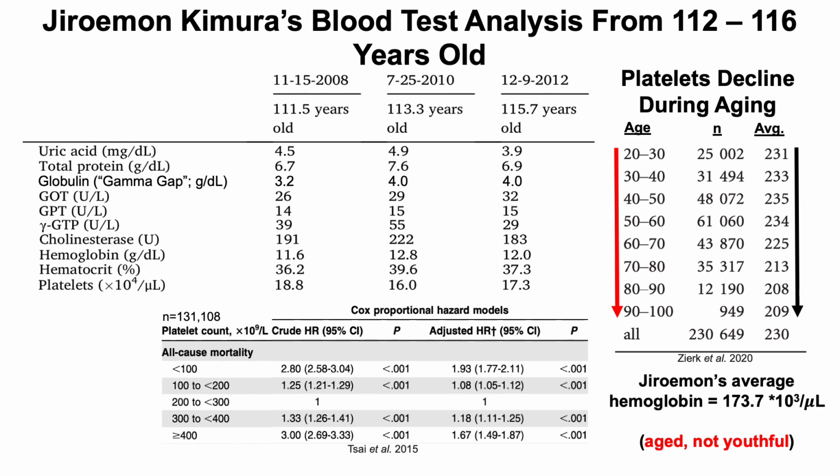All right, so let's put his platelet data into perspective for all-cause mortality risk, which is shown there. So in this study of more than 131,000 people, when compared with people who had platelets in the 200 to 300 range, which was defined as the reference, we can see that people who had platelets in the 100 to 200 range, which Jurahimon does, they had a significantly increased all-cause mortality risk in the